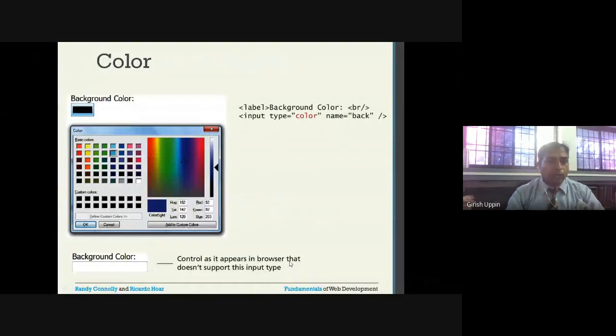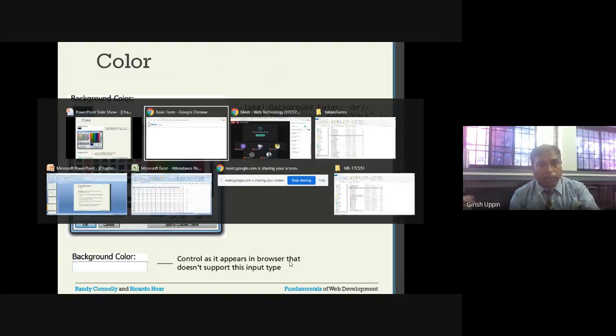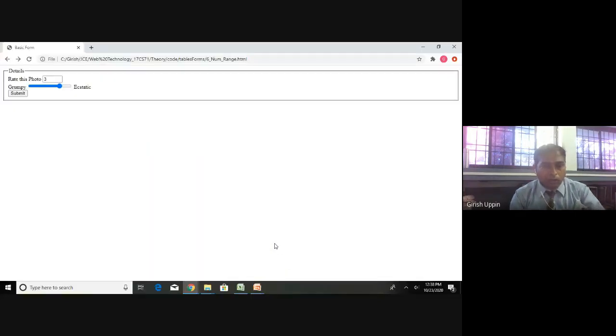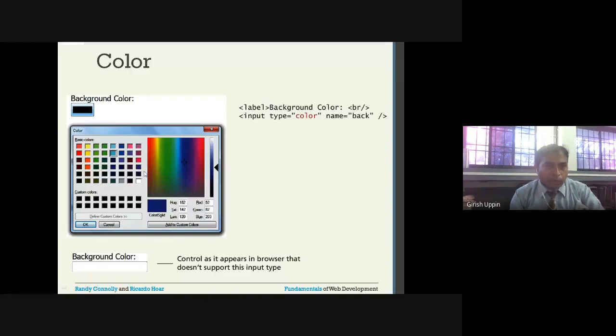Next one is the color. Suppose you want to read a color, whatever kind of color you want, then you can use the color control. Here is the color control. The label is background color. You will say type is equal to color.